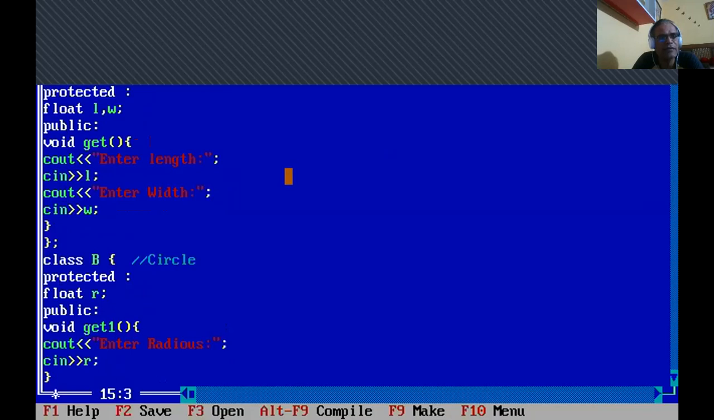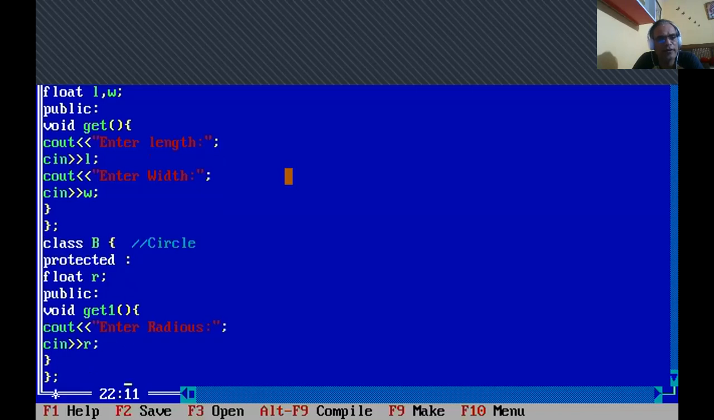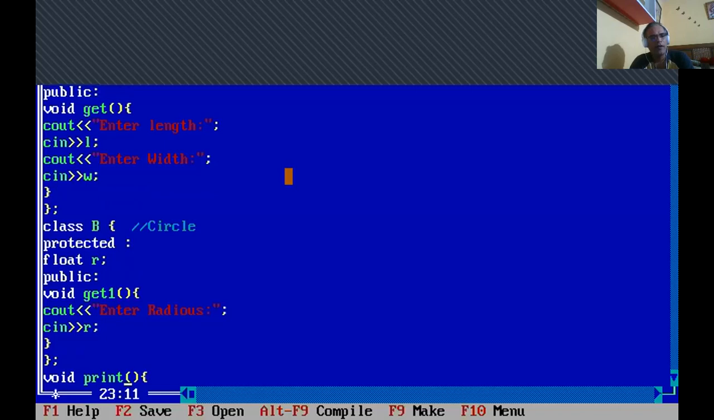In the same way for class B, which represents the circle class, we use a protected member R and a get one method, so we enter the radius R. So we close this class here. Okay, now